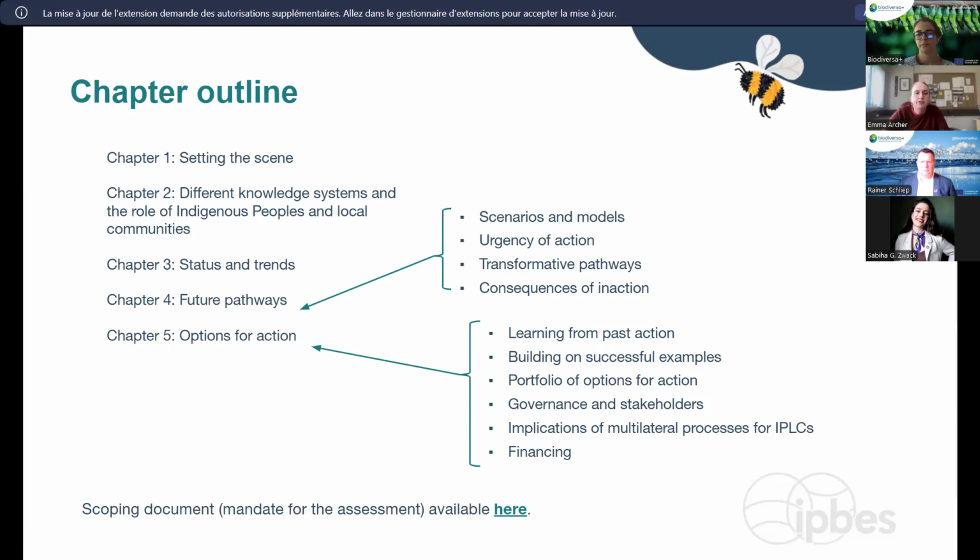And last of all, chapter 5, roughly the response chapter, where we focus on learning from past action, importantly, building on positive examples. What can we learn from successful examples? Analyzing a portfolio of options for action, considering governance and stakeholders. Again, IPLCs is a cross-cutting topic, looking at the implications of multilateral processes for IPLCs, and then a significant section